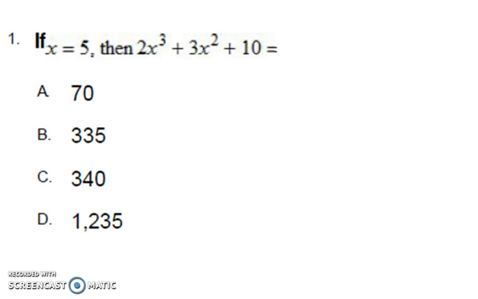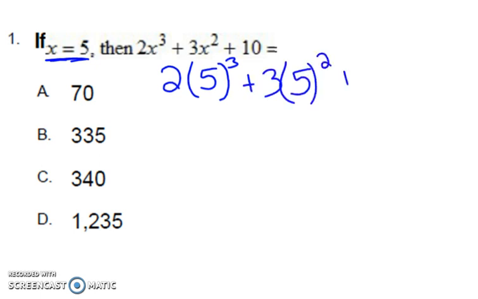If we look at our first question, if x equals 5, then 2x cubed plus 3x squared plus 10 equals. So we're evaluating. Everywhere we see an x, we're going to put a 5. And the one rule you have to remember about evaluating is you need to put that number in parentheses. So it is 2, in parentheses we have 5 cubed plus 3, in parentheses again, 5 squared plus 10. Now, you can type that right in your calculator, but make sure that you're typing it in with the parentheses